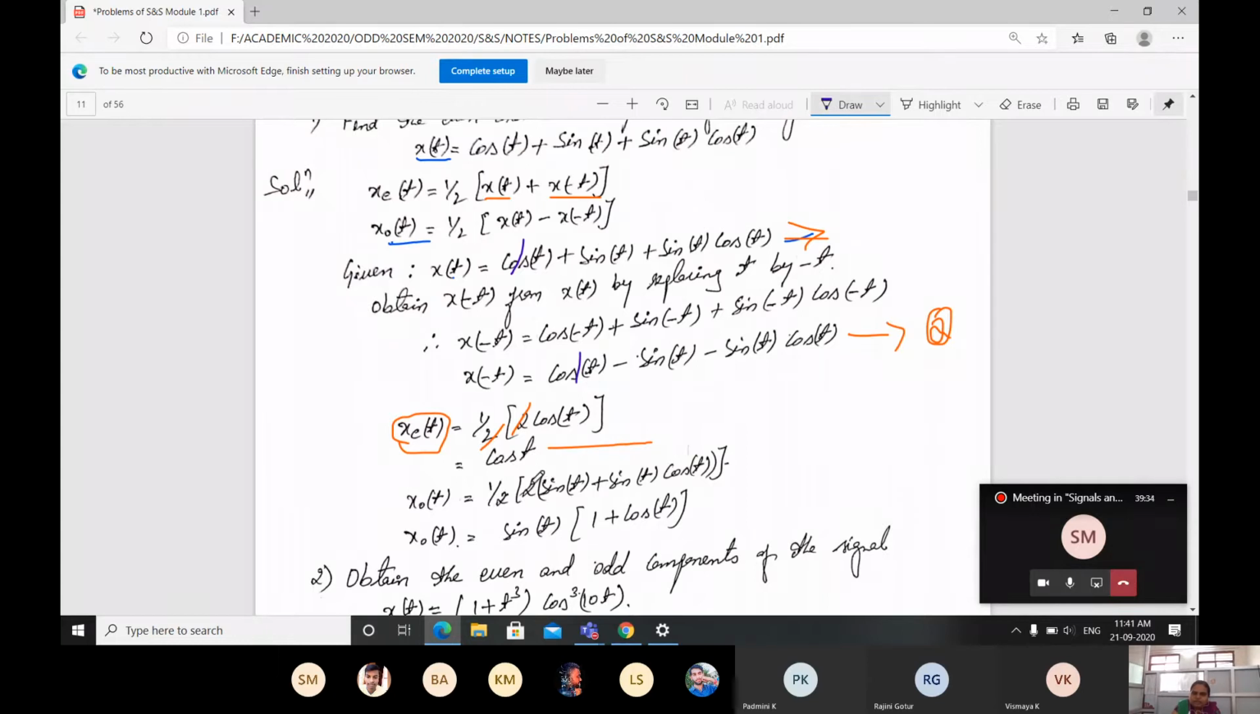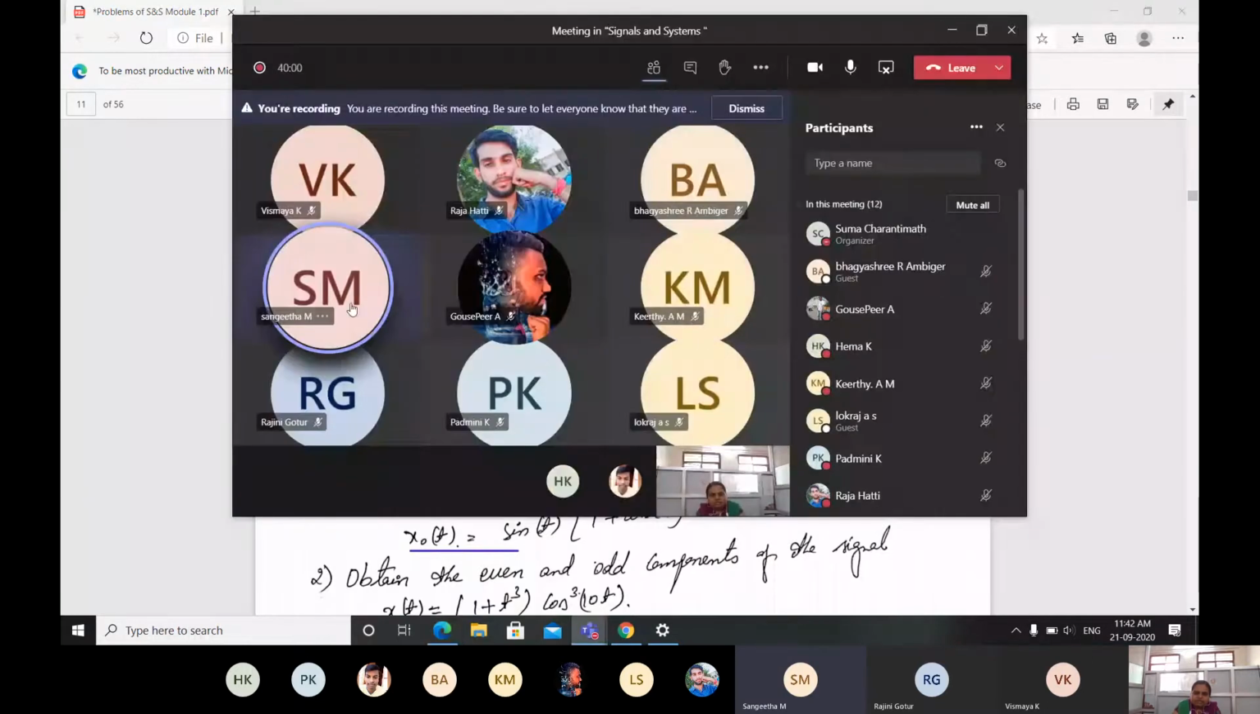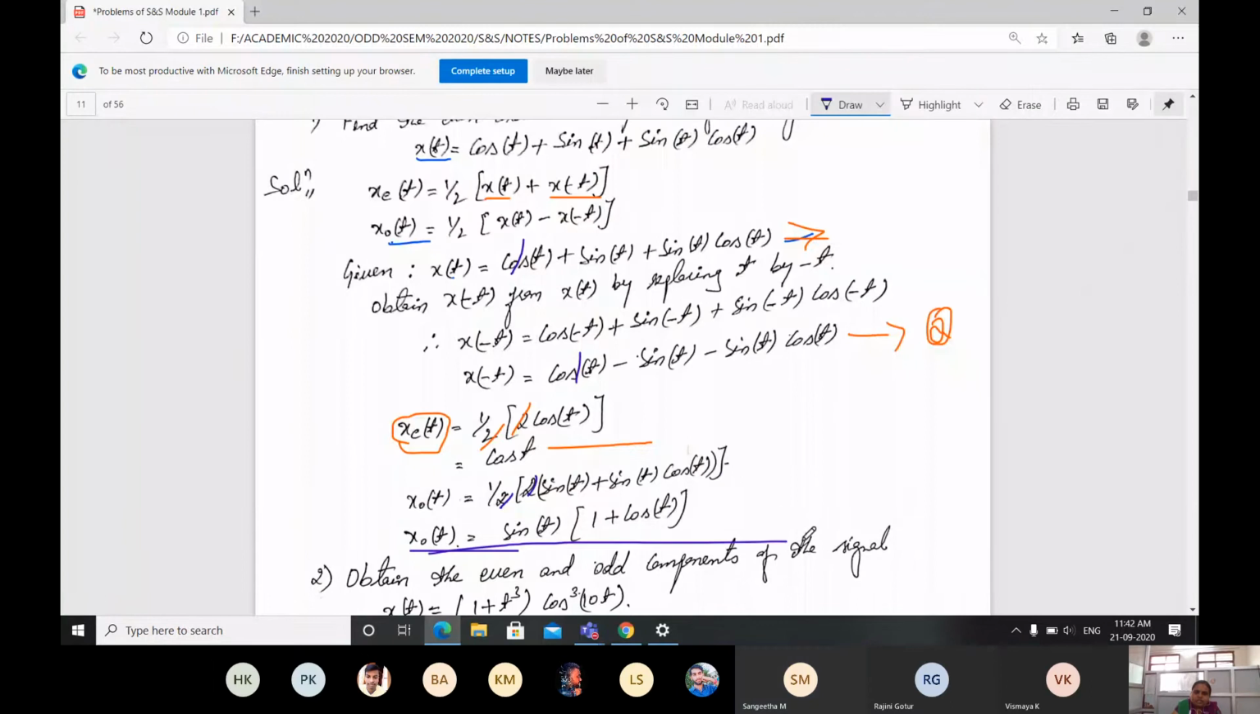Here I took the 2 as common and wrote sin t plus sin t cos t. Okay, so I will be left with the 2s cancelling. Then sin t I can take outside, that is a common factor, then 1 plus cos t. This is your odd part of the signal. This is the odd part of the signal. This is how you have to solve the problem for the even function and also for the odd function of the